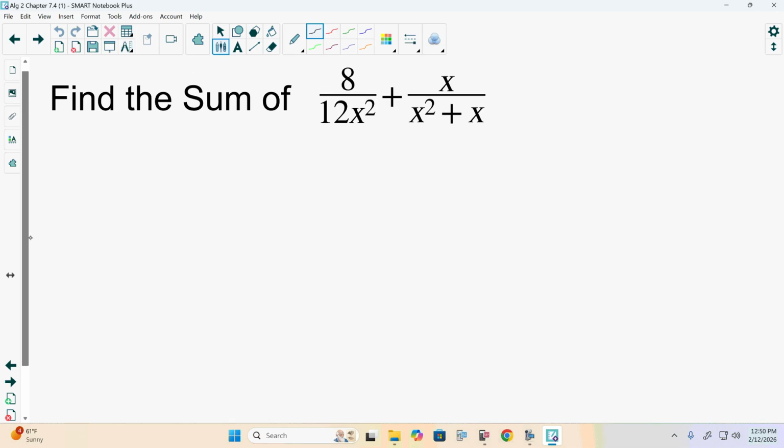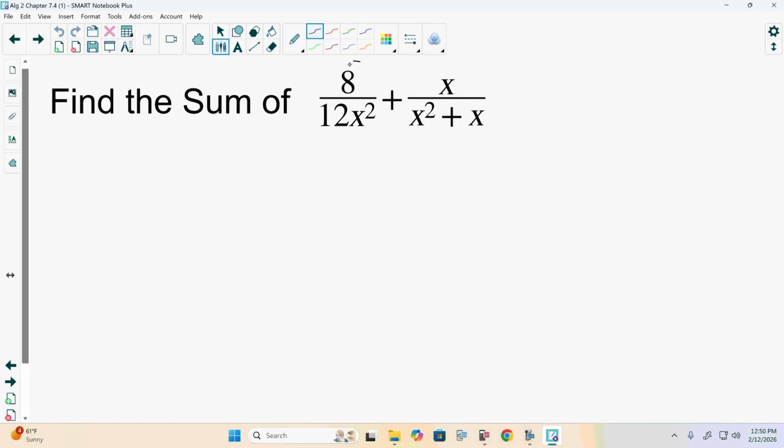First expression, we can make both of them simplify as far as possible. And now we started looking at being able to factor these here. And I believe we did this one yesterday. Yeah, because I talked about the fact that here we have this greatest common factor of 4 on top and bottom. Now, we could factor it out, giving us 4 over 3x squared, plus, and we factor the x out